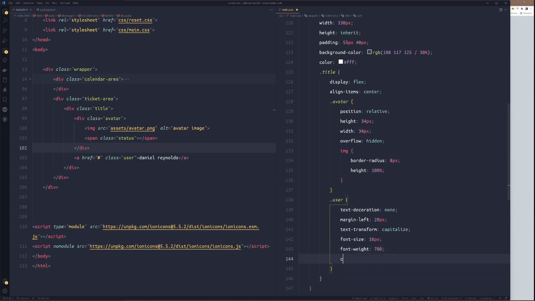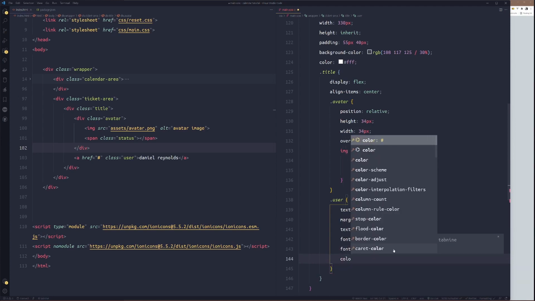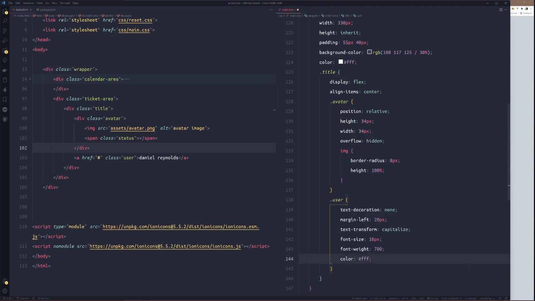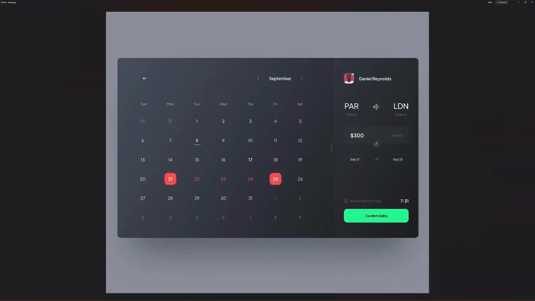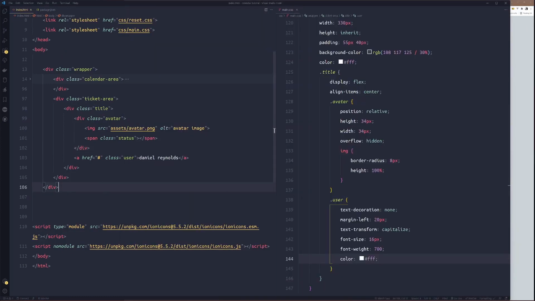We'll also set the color to white. Okay. Daniel Reynolds. This is too bold, so we'll take it down to 600 first.